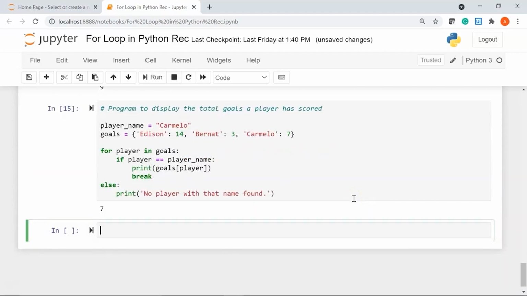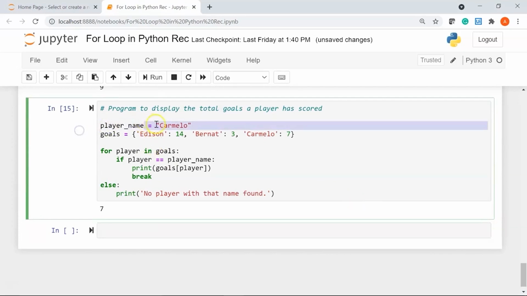Alright, so here what we did was, initially I declared a variable called player name that had the value Carmelo, and since Carmelo was present inside my dictionary named goals, you can see here we have Carmelo who had scored 7 goals. So I iterated over my sequence goals and I checked if my iterator, that is player, is equal to the player name, which is Carmelo.